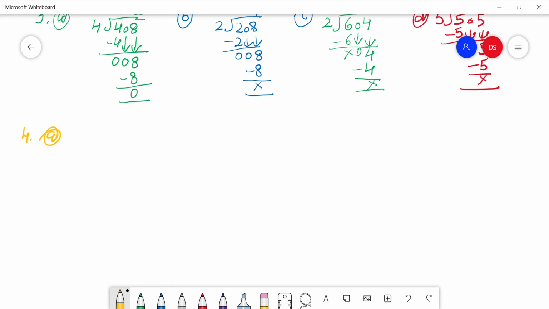240 divide it by 2. 2 1 are 2. 2 minus 2 is 0. Next number is 4. 2 2s are 4. 4 minus 4 is 0. Last digit is 0. Children, in your book it has been shown like this, that if there is 0 also they have shown division 2 0 0 and then they subtract 0 minus 0, or you can leave it like this also as I am leaving.